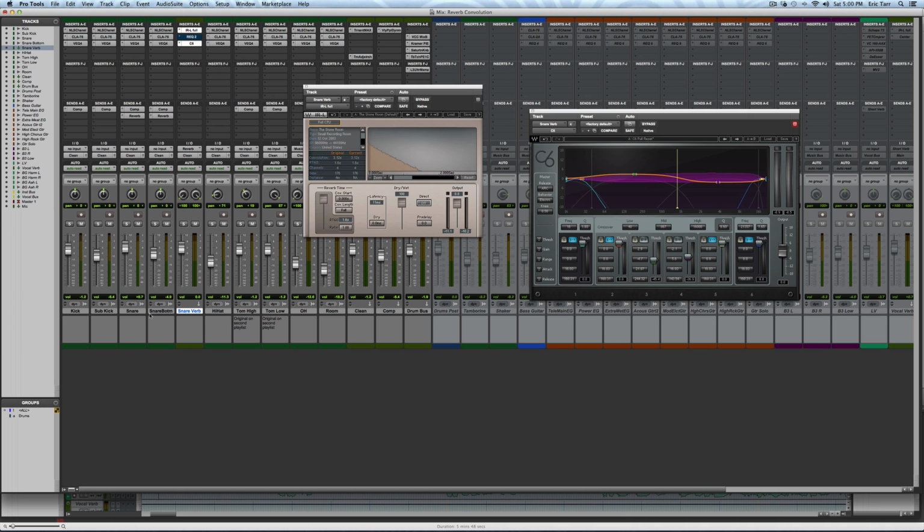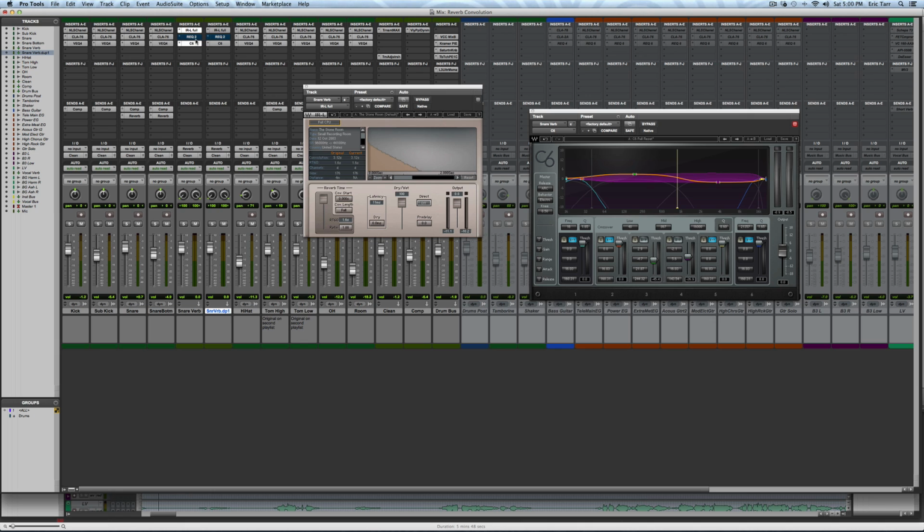If you want to get really crazy, what you could do is duplicate this track here for reverb. Now I have one separate that I'm going to use just for my lows. So if I go in on this plugin, solo the low frequencies right here, go in on the other one next to it, solo the high frequency band, now I have the same kind of control that I had before, plus extra gain control here, but then I